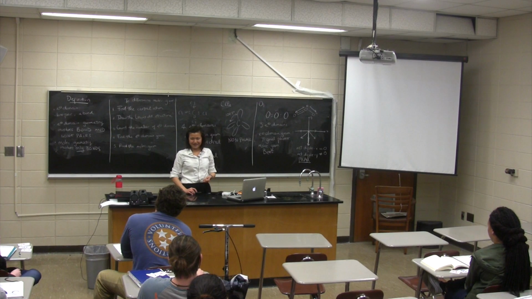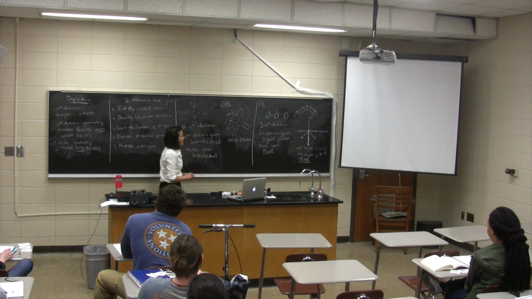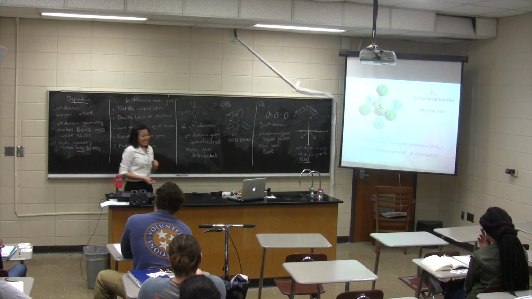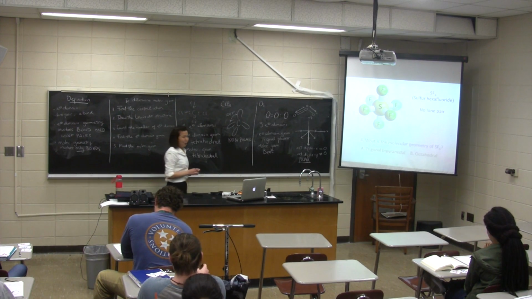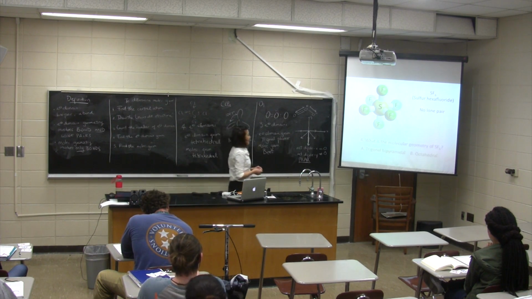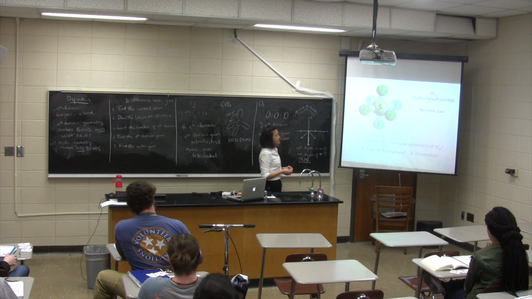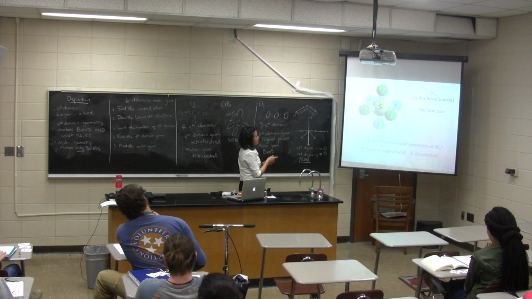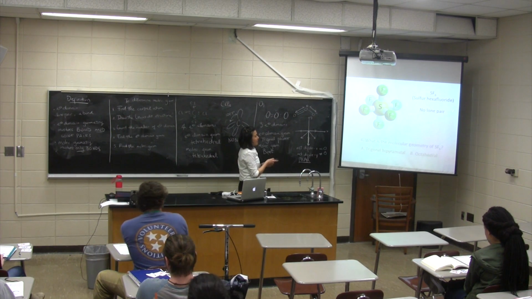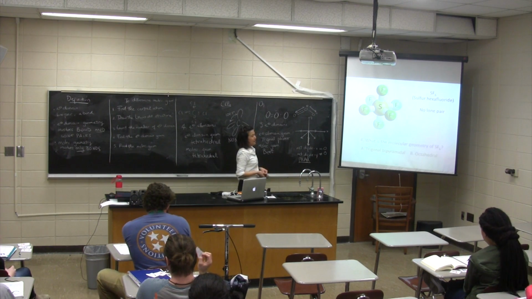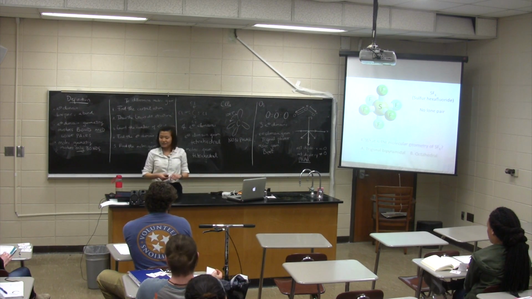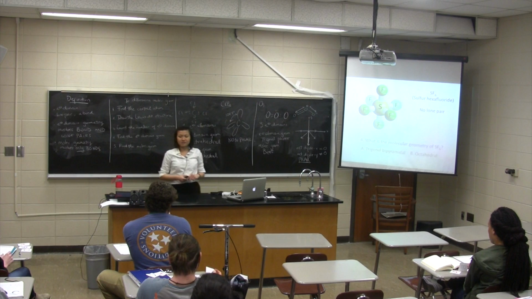There's another one coming up. Okay. All right. Next one. Sulfur hexafluoride. So this one has 6 bonds. Sulfur is the central atom and has 6 bonds around it. I told you that there is no lone pair on the sulfur. And then I asked you, what is the molecular geometry of this molecule?